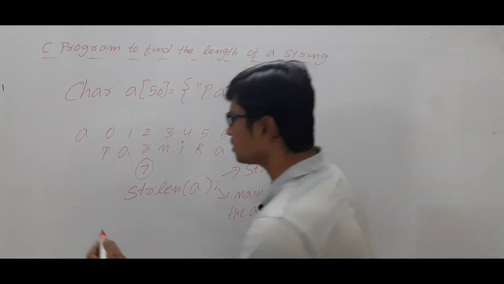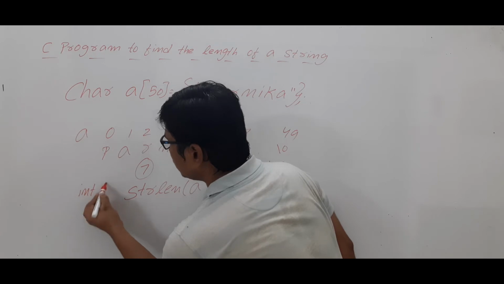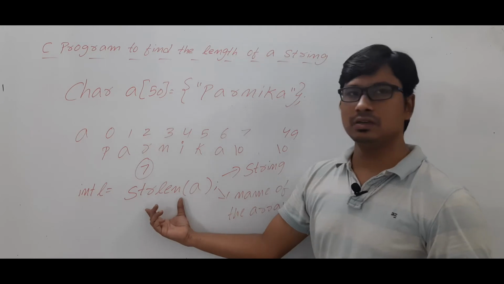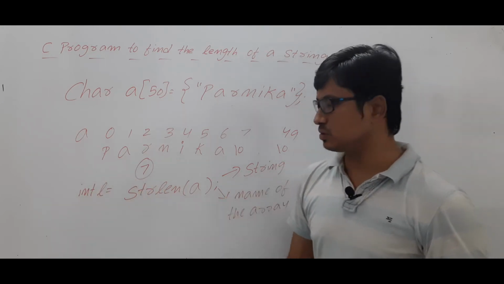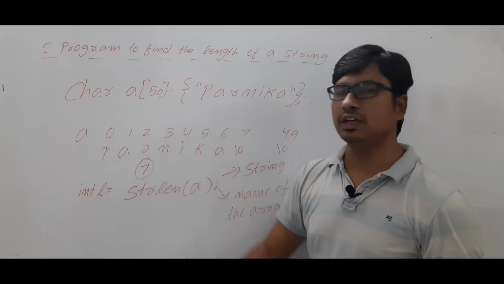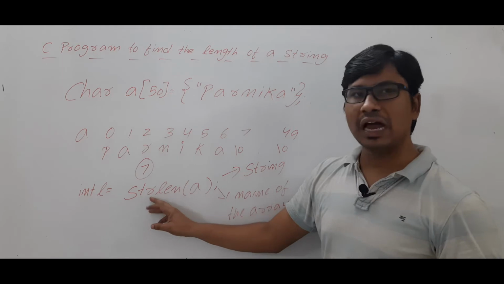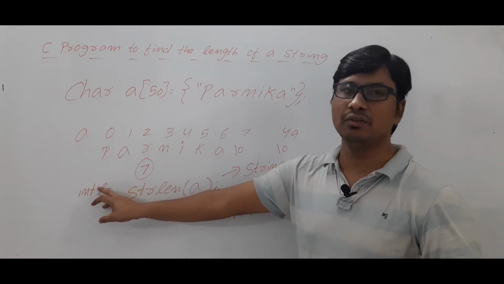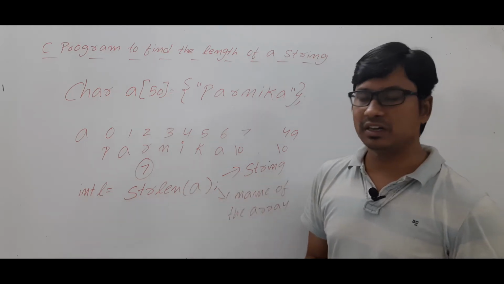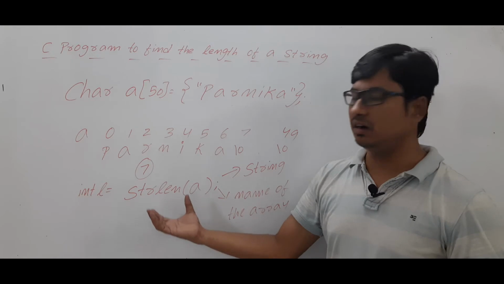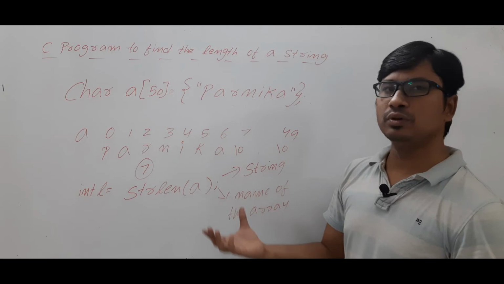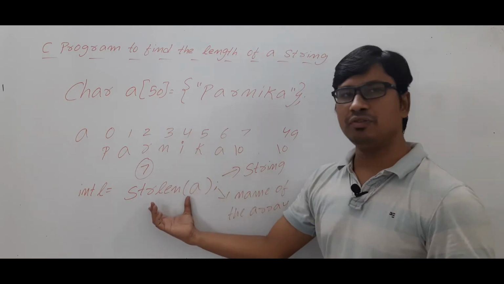If you want to store the integer value, then you need to declare an integer variable, and then store the value which is returned by this function. So I am assigning the strlen function to this variable L. Whatever value it returns will be stored in the variable L. If I display the value in the variable L using the printf function, then I can easily display the length of the string which is in the array A. So this is the way you can compute the length of the string with the help of strlen.